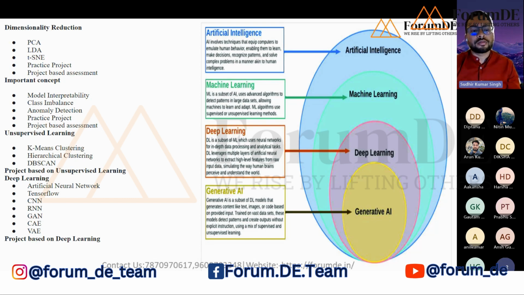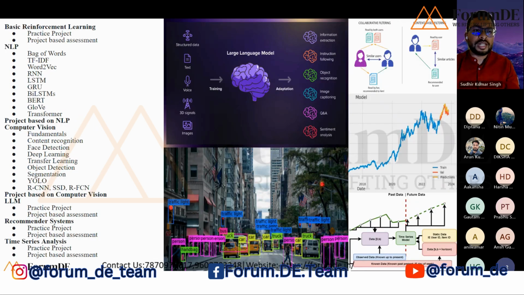Then for deep learning, there can be multiple projects. One can be an image to image based project: you can give one image, and based on your requirement you can generate another image from that image. Similarly for computer vision, you will be given a project based on object detection, semantic segmentation, and YOLO based detection, all those things. For NLP, I will be providing you with data